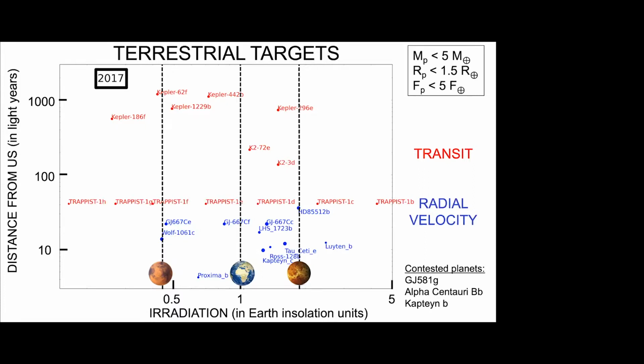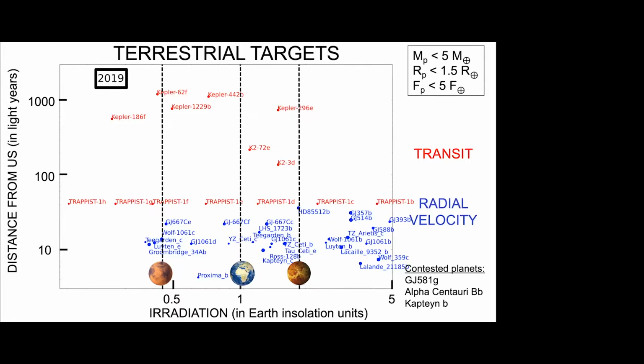I go forward, and now we are in 2019. And we actually start to have a lot of these targets. In 2019, right now, we have about 40 to 50 of these terrestrial targets in this regime. So there are clearly two populations that you can see on this diagram. The first one I would like to discuss is the population of radial velocity planets that have been discovered from a ground-based spectrograph, from which we know the mass, and from which we also know that they are potentially non-existing due to a potential stellar masquerading effect.